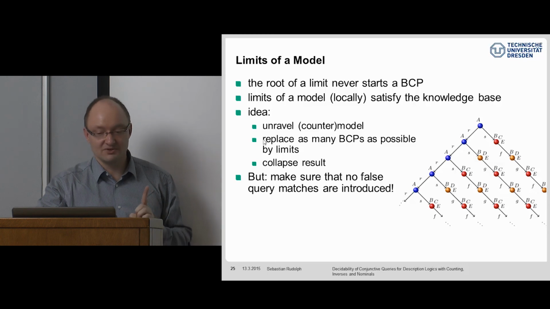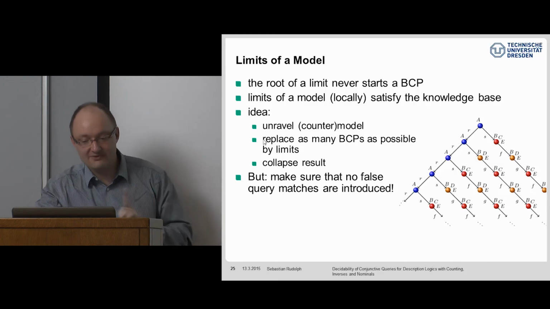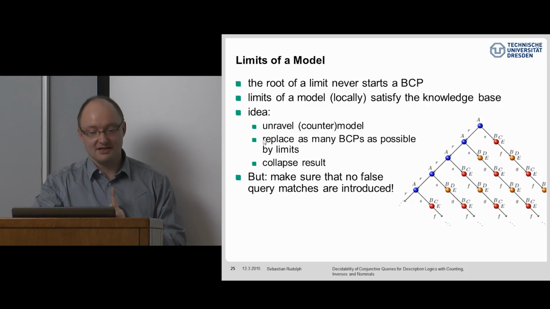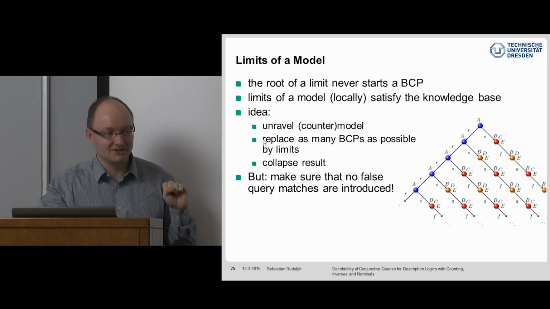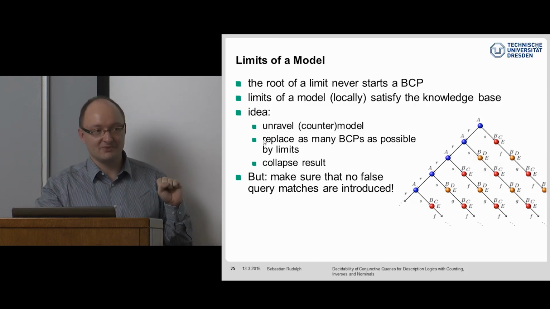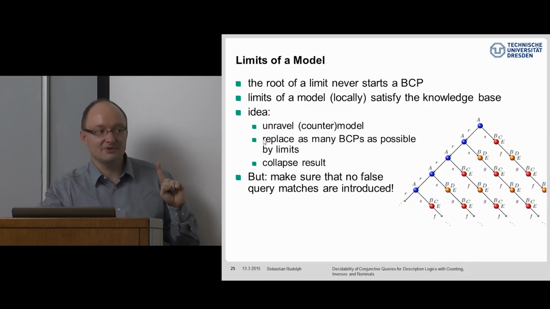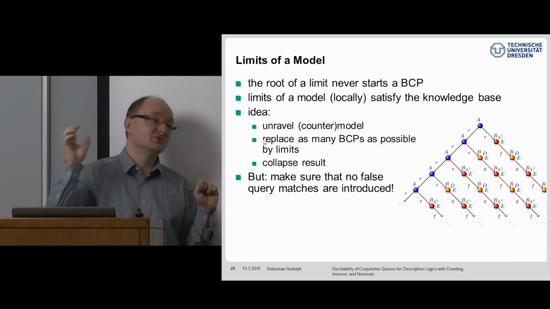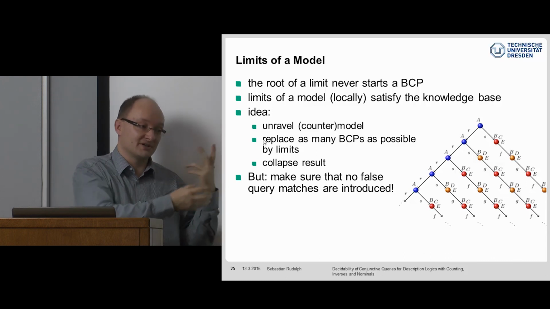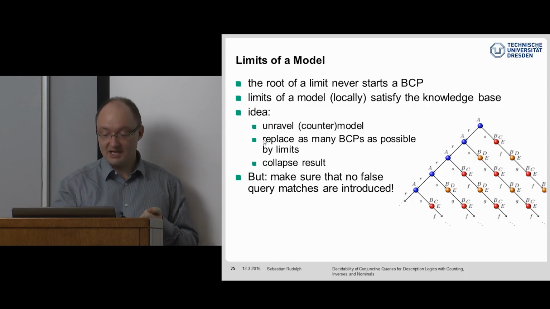Okay, what we have already made sure is that each of these operations would preserve modelhood, or at least quasi-modelhood. But what we still have to make sure is that whenever a query didn't match before, a query will also not match after this modification that we do. And in order to make sure that this really happens,